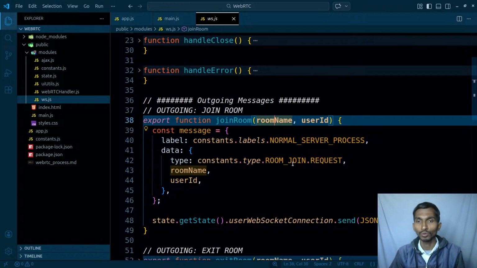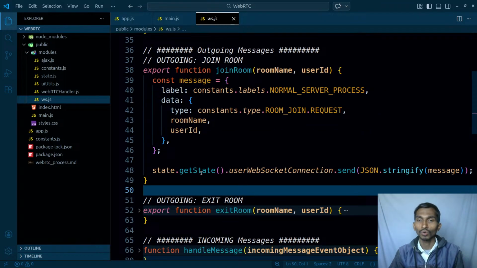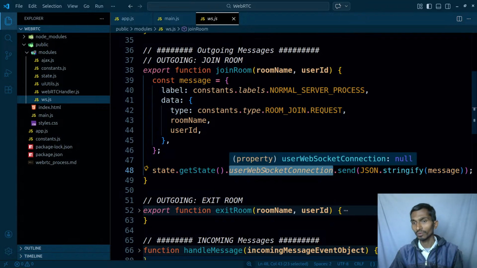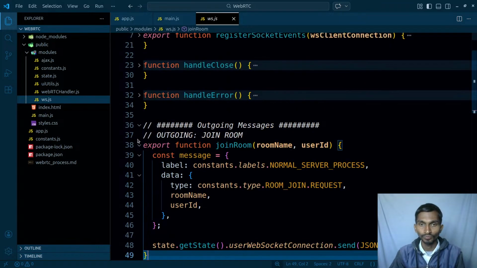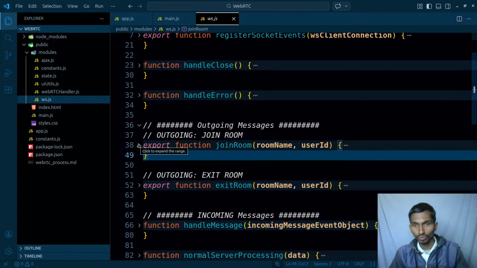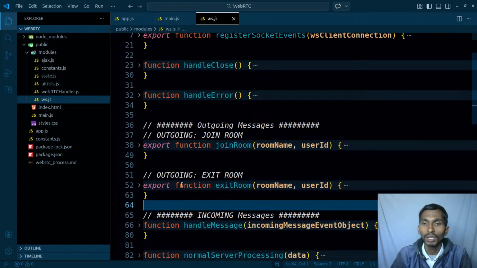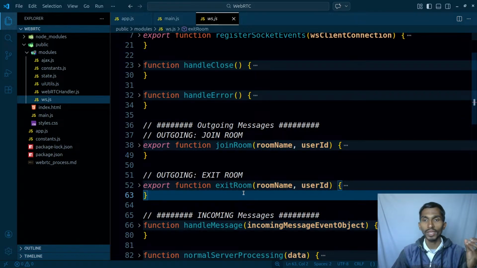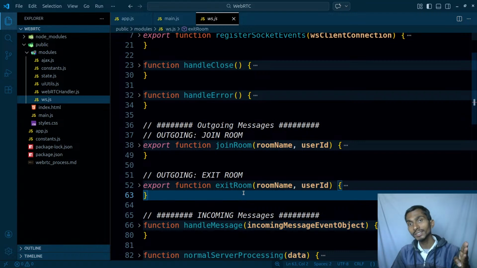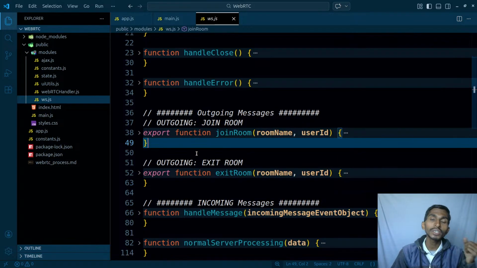Using the WebSocket, the data will be sent. So you are simply getting the user's WebSocket connection, and sending the WebSocket request to the WebSocket server from the client side. Similarly, exit room, you can exit the room. When you are joining or exiting the room, the request should be bi-directional. Bi-directional in the sense you send the request to the server, then the server sends the response back to you as well as the other user, and that is why we are using WebSocket over here. And when we created the room and when we actually destroyed the room, at that time we don't really need